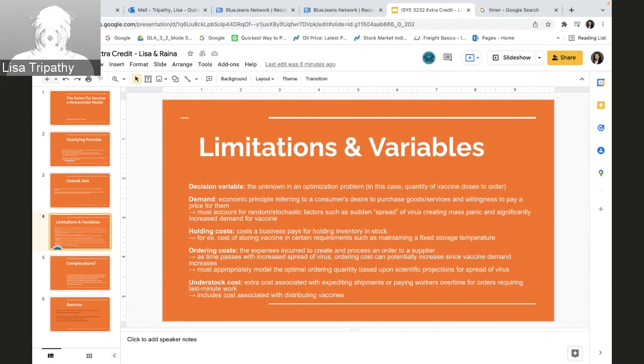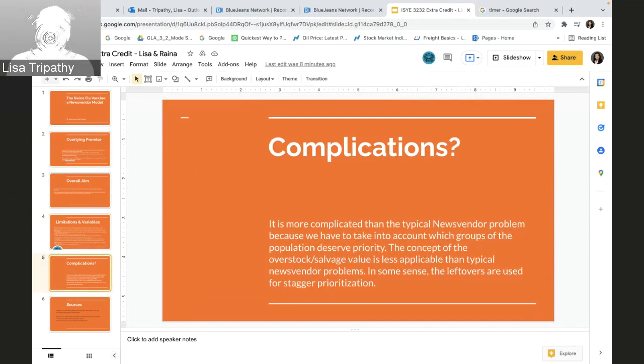So what makes it really more complicated is really the overstock cost or the holding cost. So it's more complicated than a typical news vendor problem because we have to take into account which groups deserve priority. So while we do have the understock costs, which are all very similar to other news vendor problems, what matters is with overstock costs, that essentially becomes our leftovers and what's going to be used for staggering prioritization, because as we mentioned earlier, pregnant women, people with immune compromised systems, they get